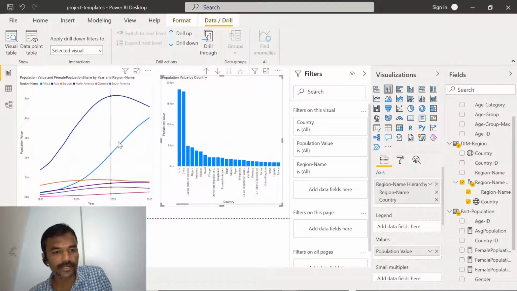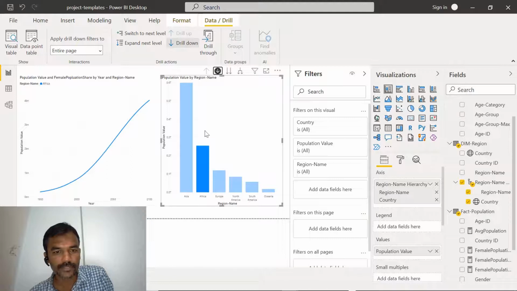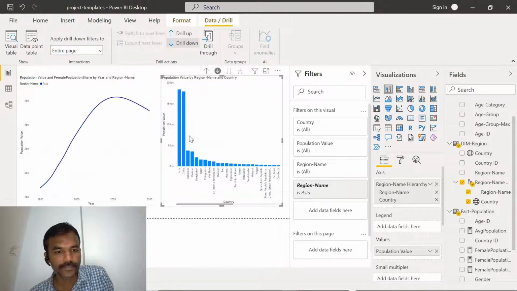But if you make it the entire page, then it can affect the entire page as well. You can see, if I click on this, it is also coming like this. Like this, we can select any of these things, and it will show the hierarchies like this.